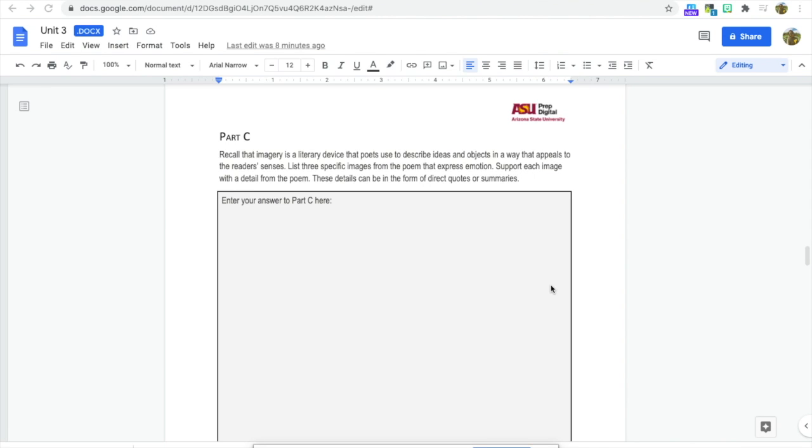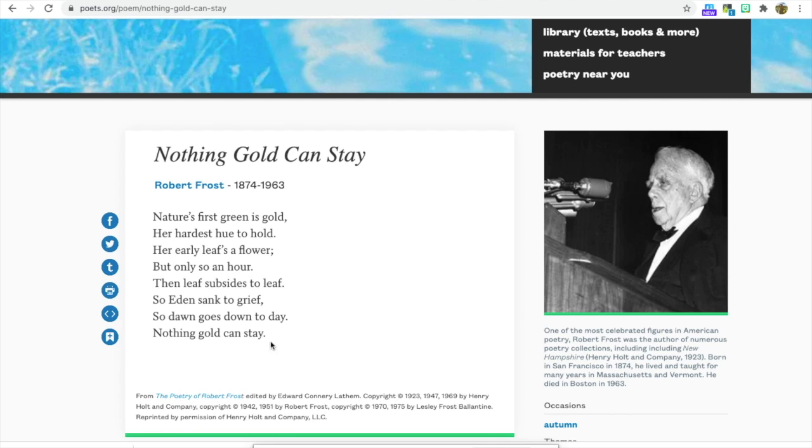And now for part C, the instructions read, recall that imagery is a literary device that poets use to describe ideas and objects in a way that appeals to the reader's senses. List 3 specific images from the poem that express emotion. Support each image with a detail from the poem. These details can be in the form of direct quotes or summaries. So once again, you go back, you take a look at the poem, and you try to find a few